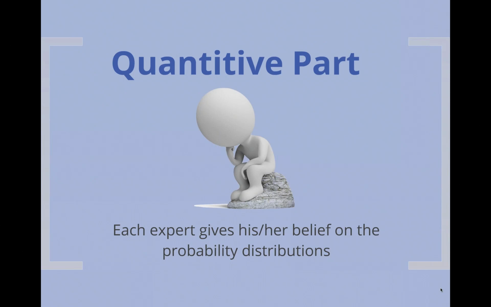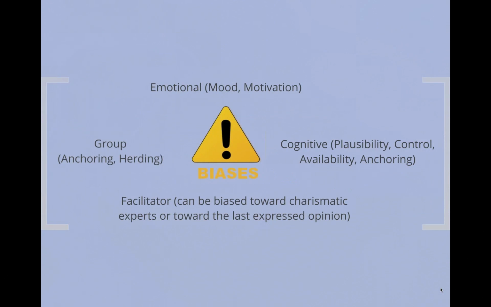And then, as I said, for each probability distribution defined by a conditional probability distribution, they will have to give their belief on the probability distribution. And this is kind of a tedious task, as we will see. And we also have some biases there that we have to take into account. And it's really important to have that in mind. We have cognitive biases, like I just have here 4 cognitive biases: plausibility, the control, the availability, the anchoring,